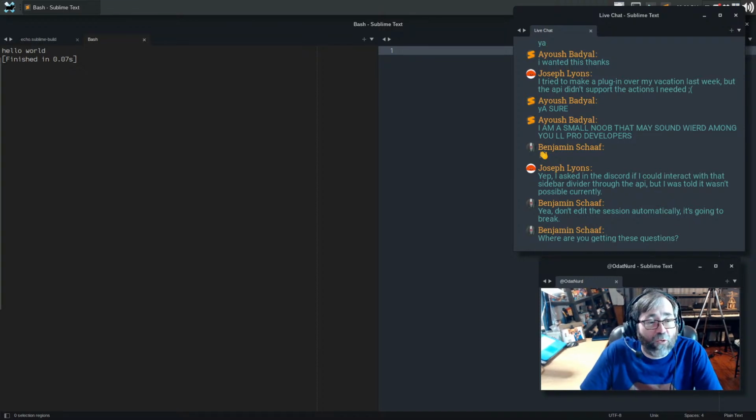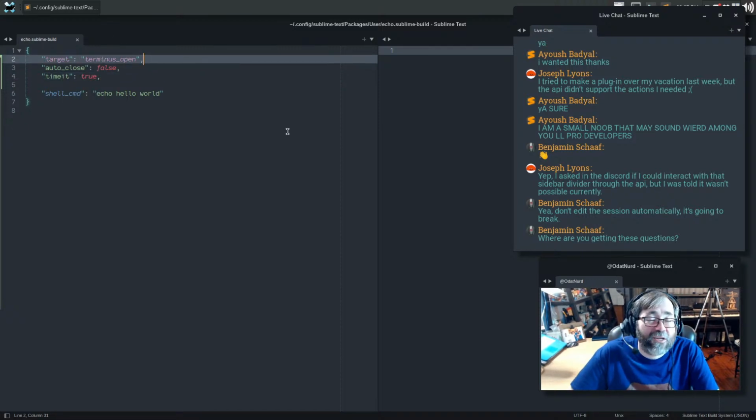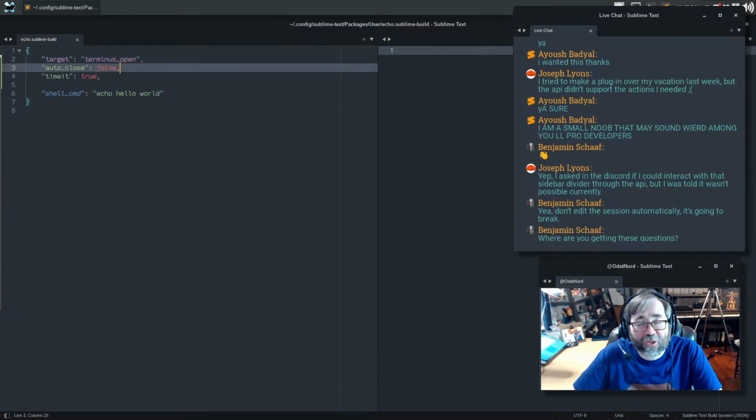You might note that this now looks exactly how it looked when it was running in a tab down at the bottom of the window, and that's because that's exactly what it is, right? Terminus open is the de facto command included by the Terminus package for creating terminals. It can also create panels at the bottom of the window as well if you give it the appropriate arguments. As a convenience for use in a build system, Terminus includes a Terminus exec command, which takes the same arguments that the exec command that normally is used to execute builds takes, but then it just calls Terminus open to do the job. And so Terminus exec and Terminus open, for that reason, take the same arguments. They just have different values.